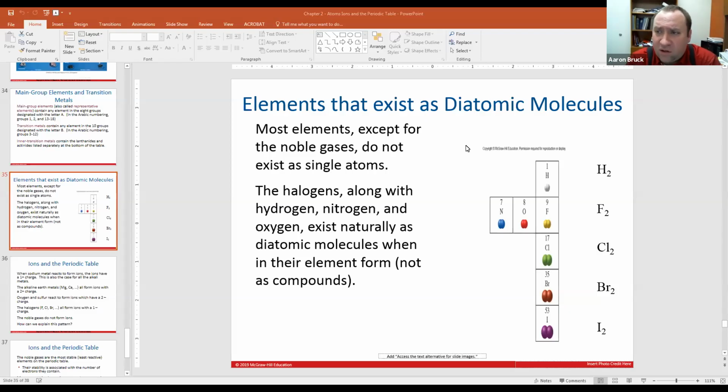And start by looking at a couple of things that we did not get to on Friday to just kind of put an end cap on Chapter 2. And so the first of these is what are called the diatomic molecules. Now, the diatomic molecules, these are elements that exist not as individual atoms, but as pairs of atoms bonded together